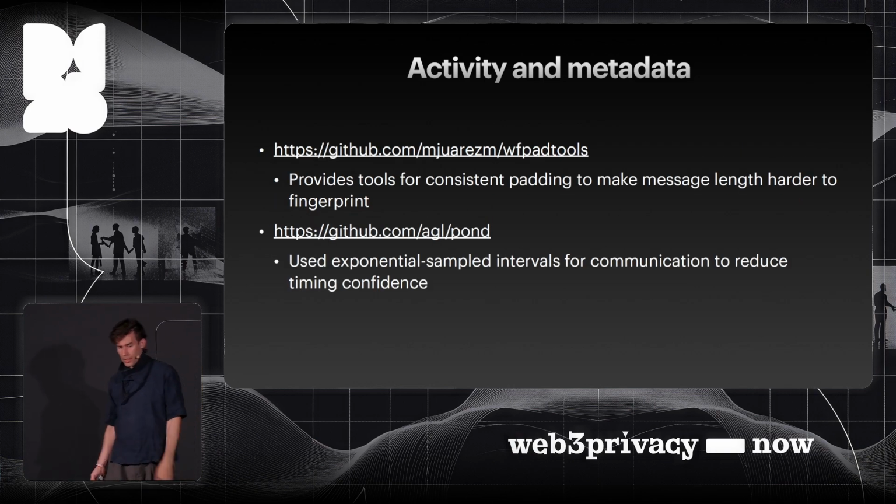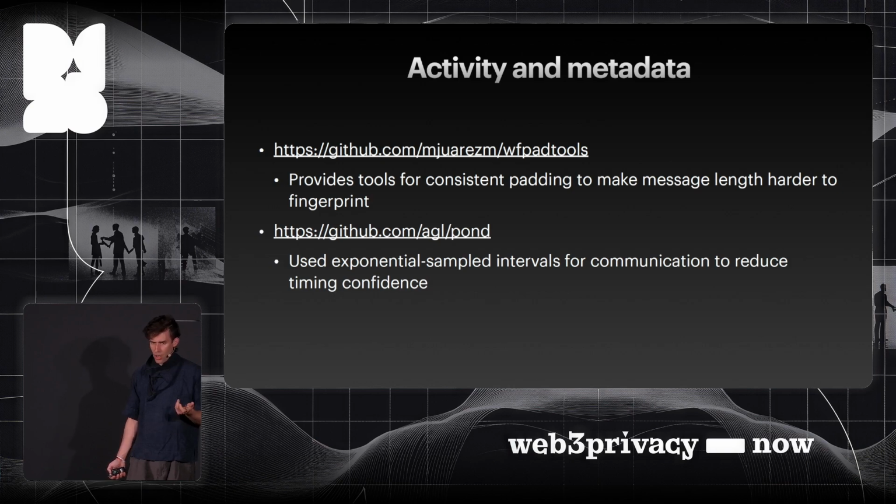For the first one, there's a bunch of work that happened in the last decade. I think one of the more useful summarized repos is this thing called WF Pad Tools, that has a bunch of Tor contributors helping think about what good quantizations are for general message patterns. And then for timing,